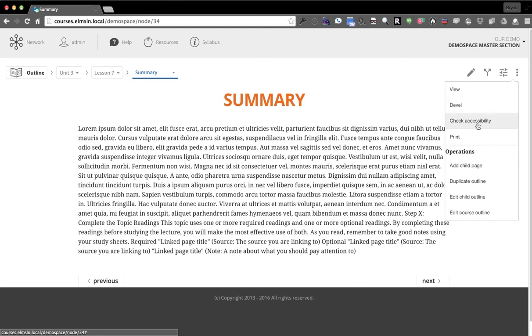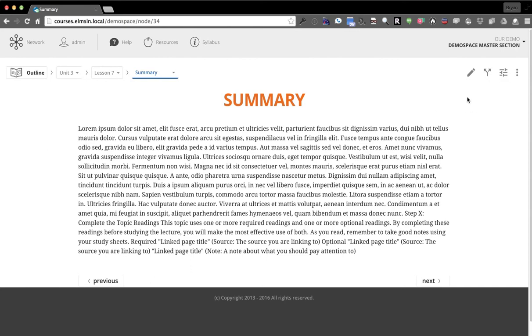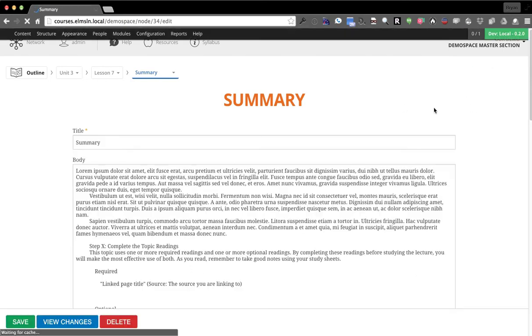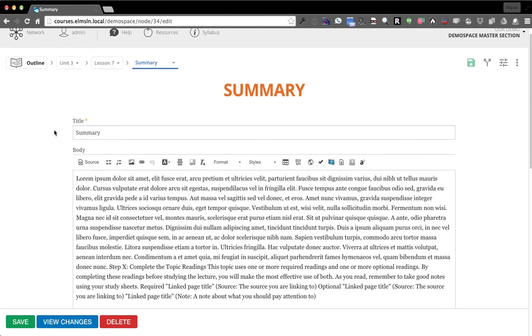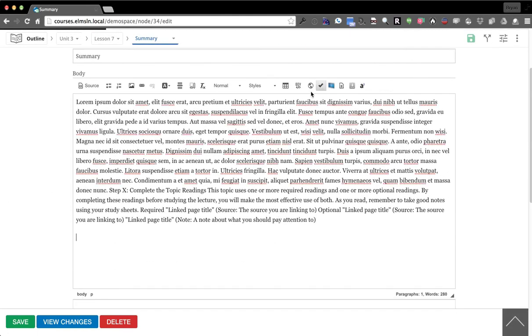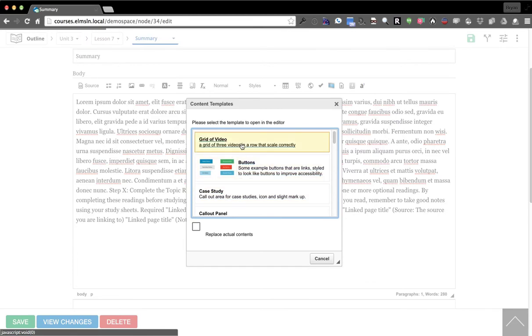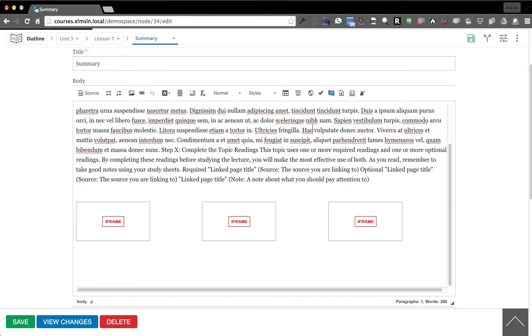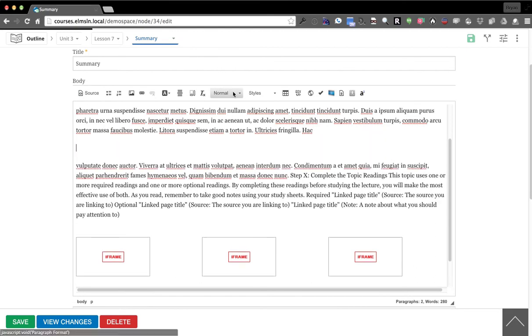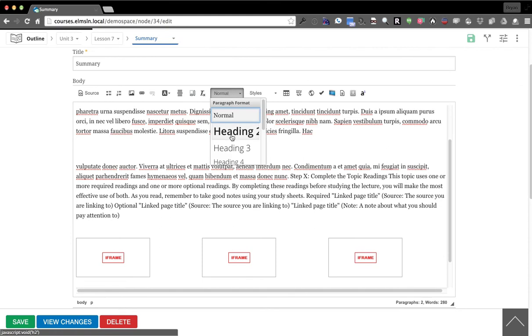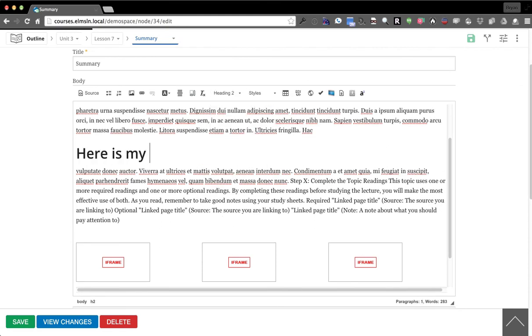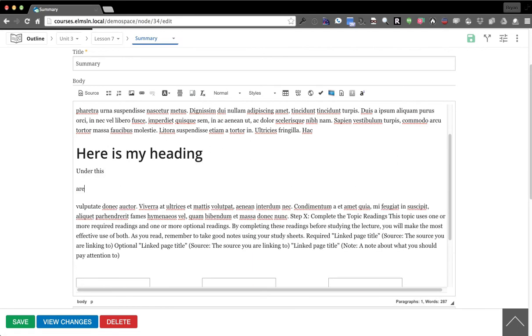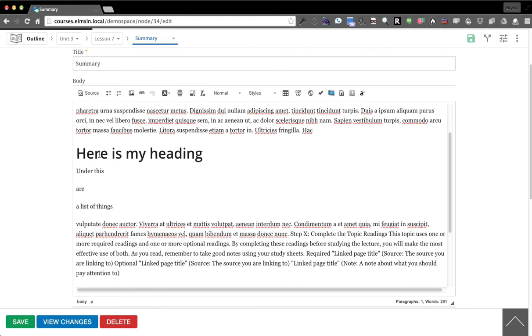There's also the ability to check accessibility of items. Now, if I run an accessibility check, that's not going to do anything right now. So let's edit this page and add something there. Okay, in this case we'll dump in a grid of videos just because that should trigger an accessibility notice. We're going to put in a heading here. Heading 2, here's my heading, all right, and then under this are a list of things,